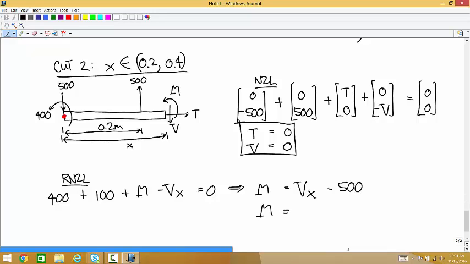And so m is just equal to minus 500. If x is going between 0.2 and 0.4, while we went from 0, like from the left, like all the way from the left to... Yeah. So